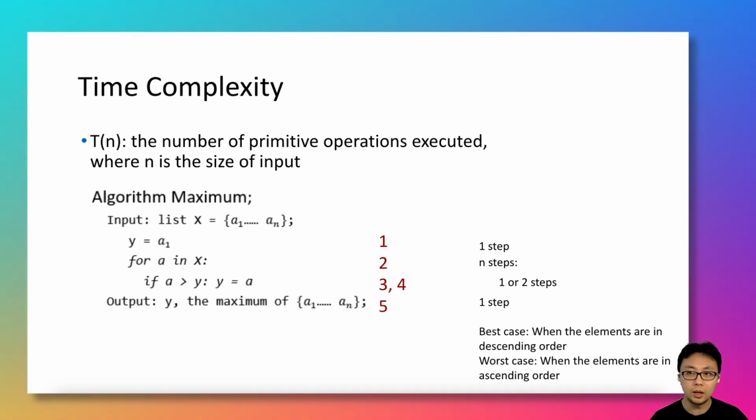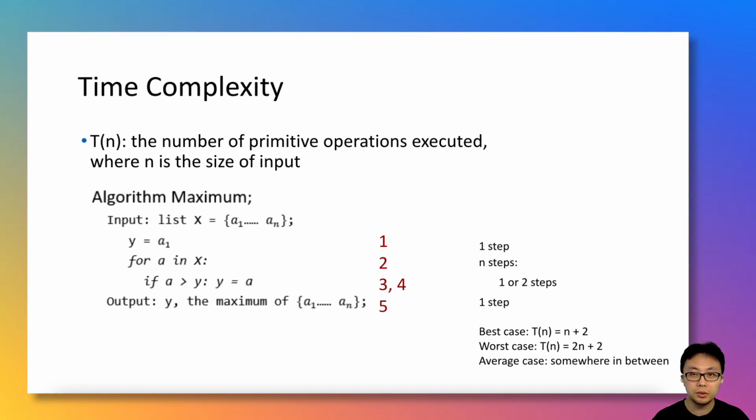Okay? So from our informal introduction of time complexity, we know that the time complexity Tn is expressed as a function in relation to the input size n. This is the same when the RAM model is applied. So you can compute the Tn for both the best case and the worst case accordingly. For the best case, because only step 3 is executed, you can calculate Tn as n plus 2. Where does the 2 come from? 2 comes from the initial assignment of the first element to the variable y, and the returning of the y